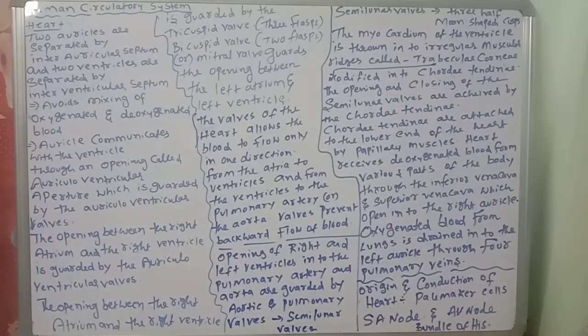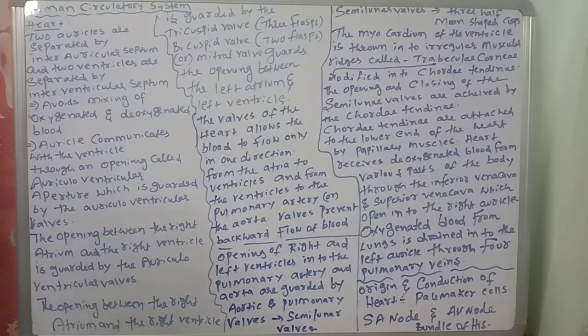Good morning, children. Today we are going to discuss another important concept in the circulatory system, that is the heart. Especially in the human circulatory system, we are discussing the heart. Yesterday we discussed the human heart, right? The human heart was described by Raymond D. Vieussens. He gave information about the heart structure.